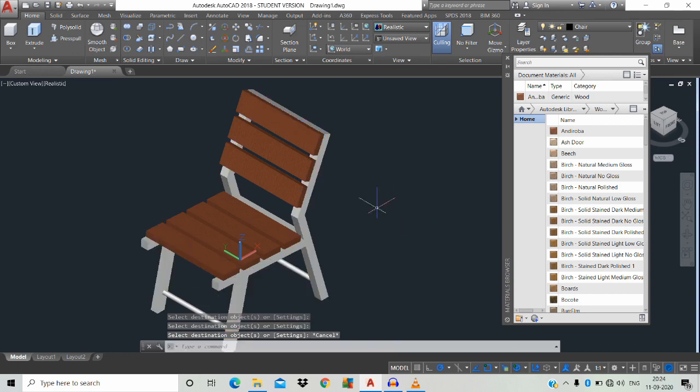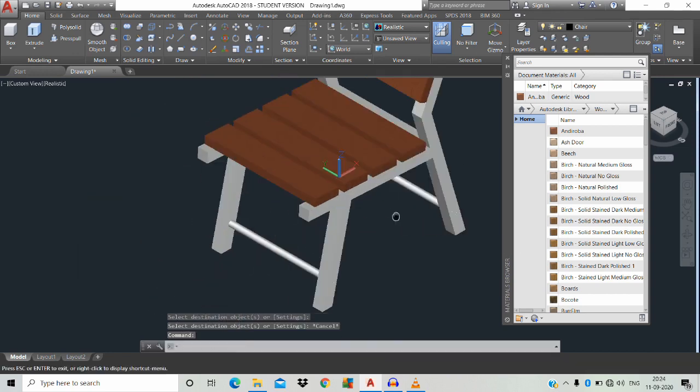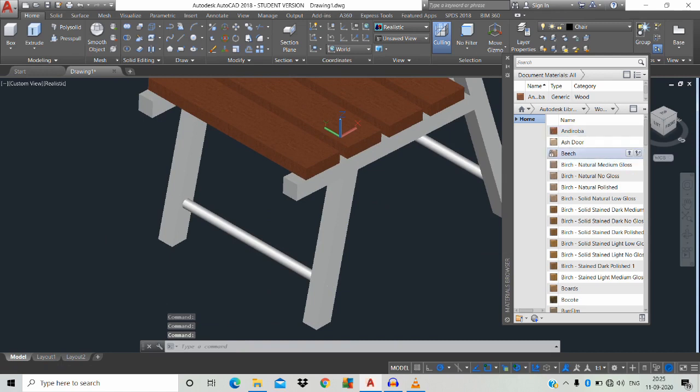Okay, just zoom in. I think ash door will be over here, and bow coat we're gonna paste over here.